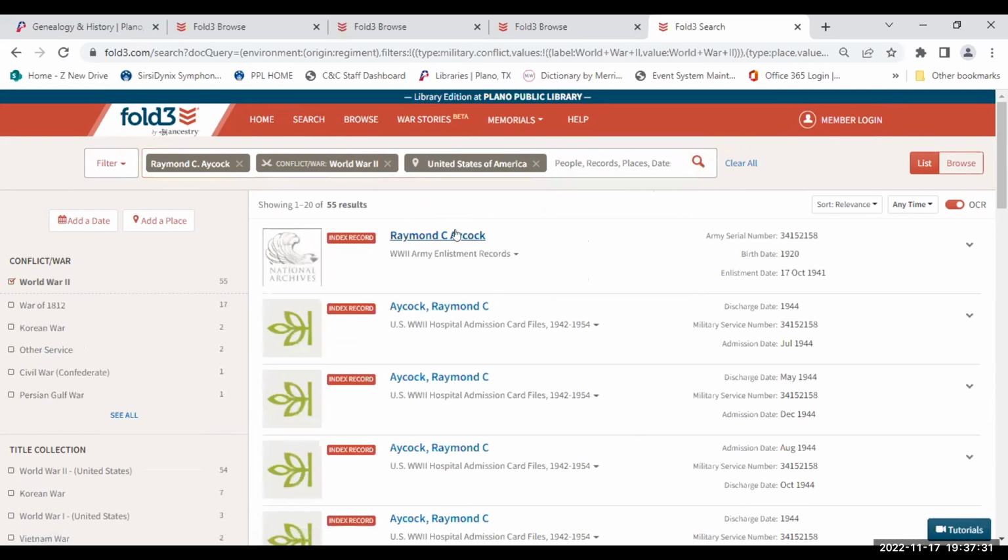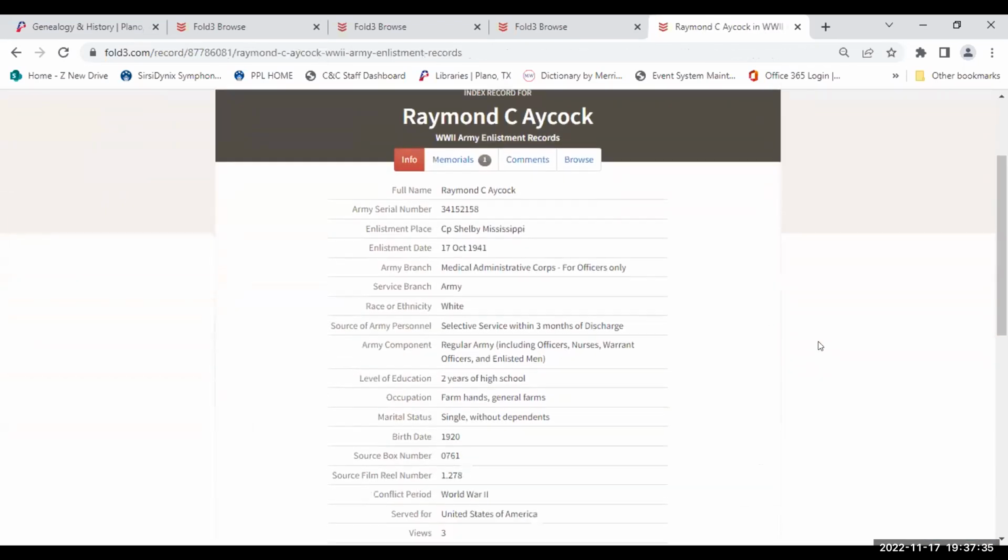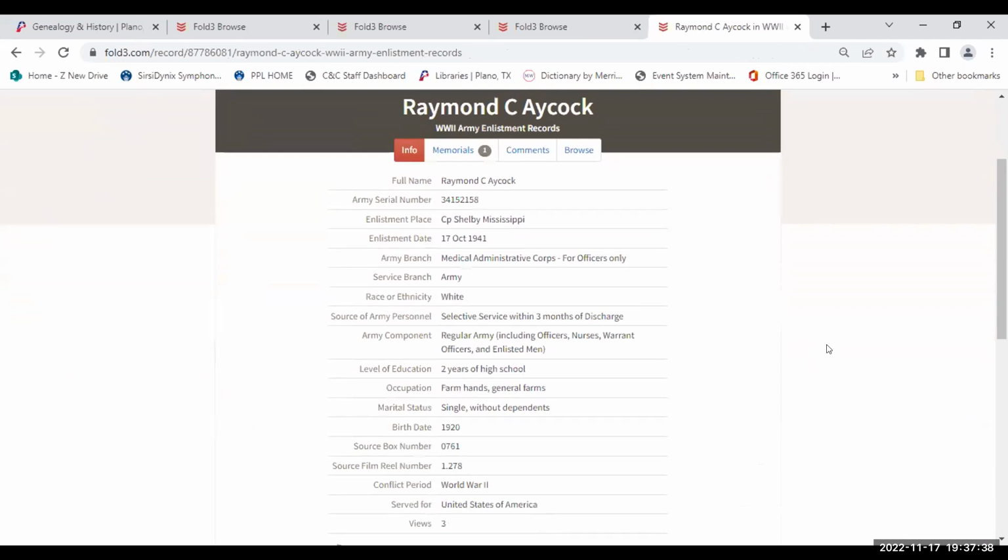Okay, so here's an enlistment record. Is that the right one? Yeah. So here's an enlistment record. You might find enlistment records and see where they enlisted. It'll give their Army serial number. So that's handy to find,